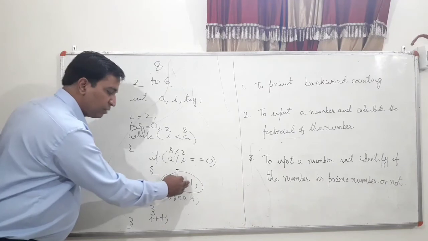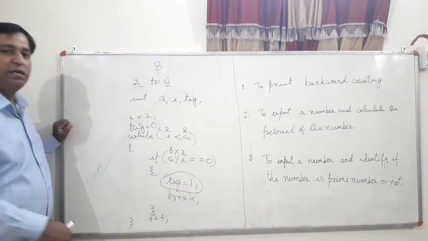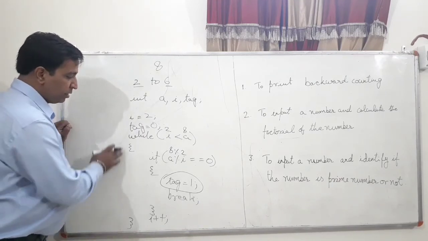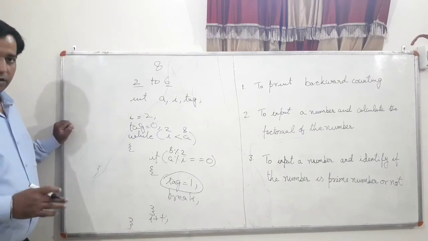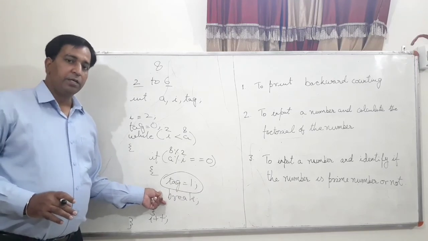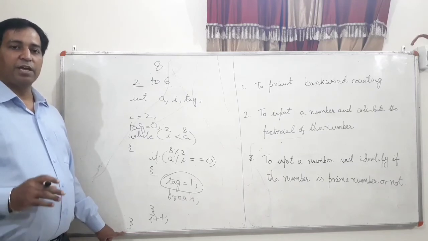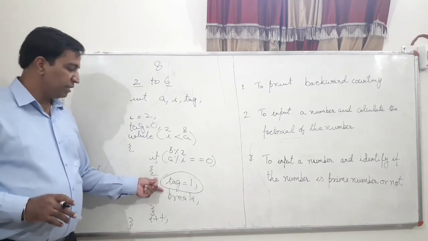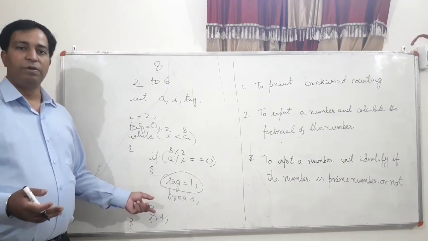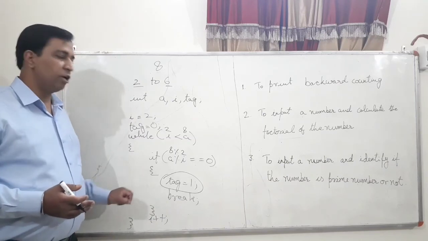In this case, as soon as tag is equal to 1, the break statement will execute and while will terminate. While will not move further. All the statements after this of while loop will not be executing because of this break statement, right? So after this, in the if else that we have put in, we are checking if tag is equal to 0. Now in this case tag's value has been changed, so tag equal to 0 will be false, else part will execute, that says it is not a prime number.